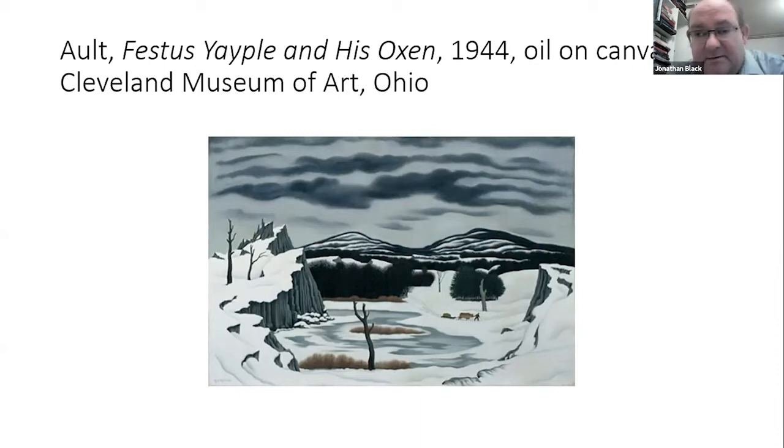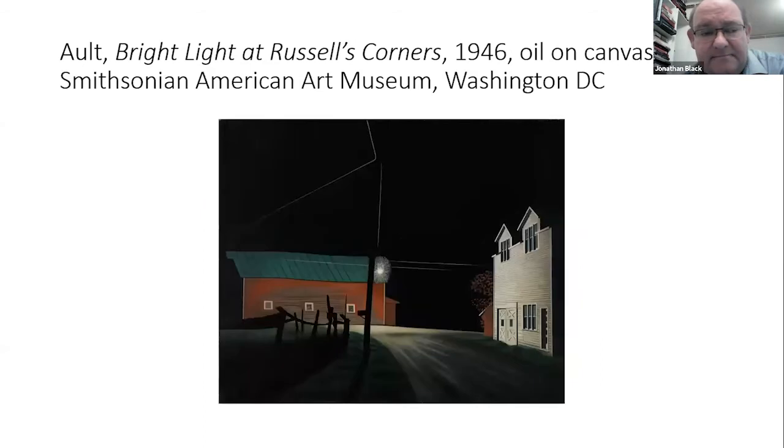And by the mid to late 1940s, he was able to sell these works for quite a respectable price, I think between $150 and $200 per canvas. And then in the late 40s, he returned to Russell's Corners again with two or three more works focusing on